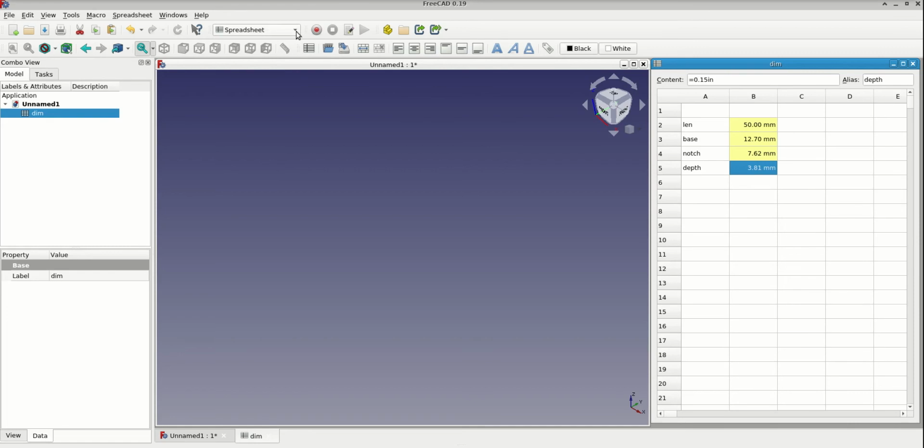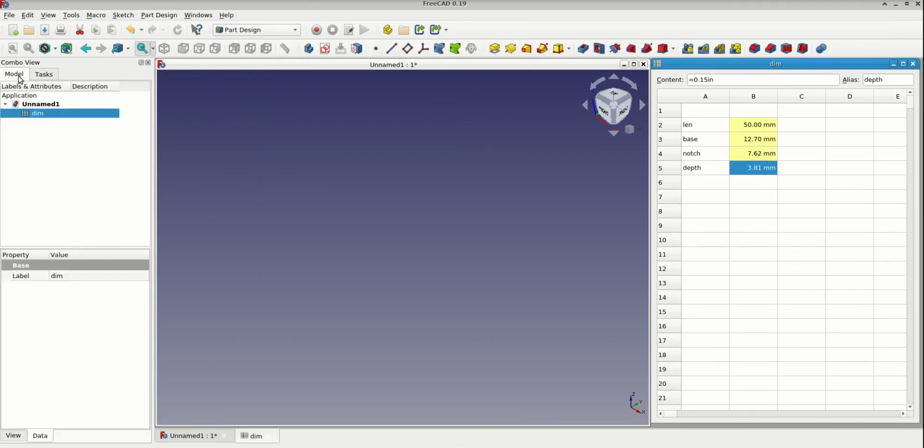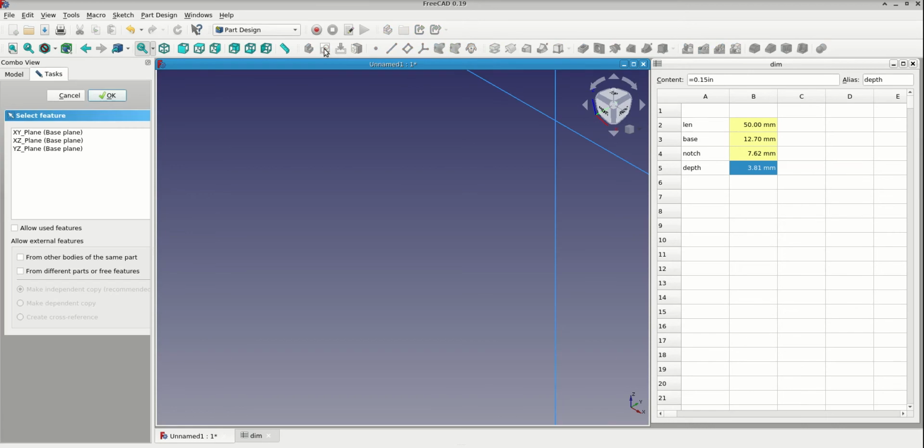For that I will use the Part Design, and the first thing that I have to create is a body. So I will go here and create a new body. This new body right now doesn't have any geometry associated, so the way it's going to work is we are going to use a sketch to extrude a shape, for example, or to carve a shape. And in this case, it's going to be very simple. I'm just going to create